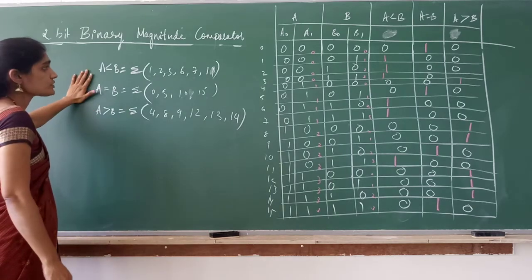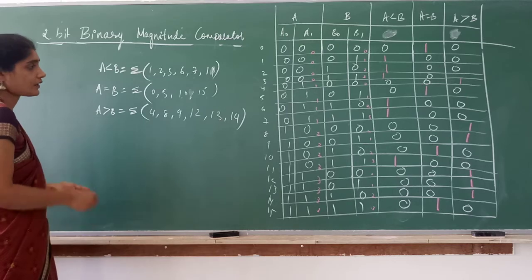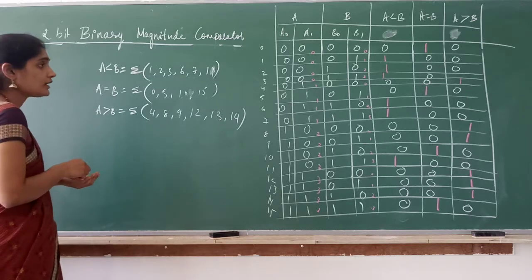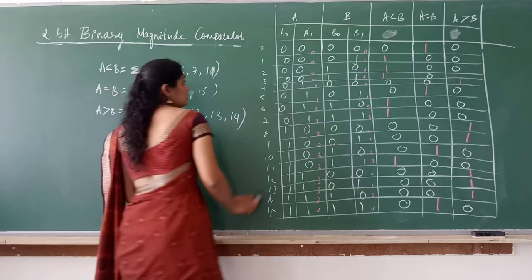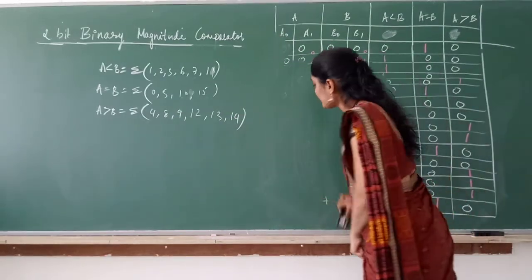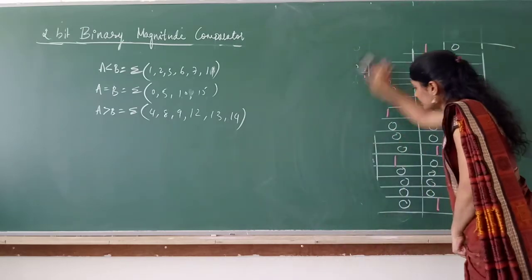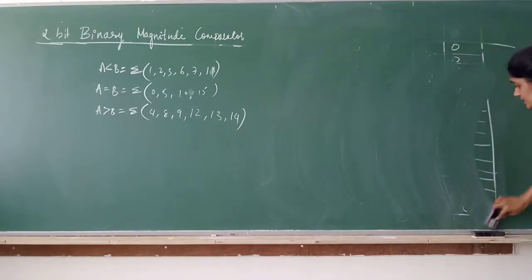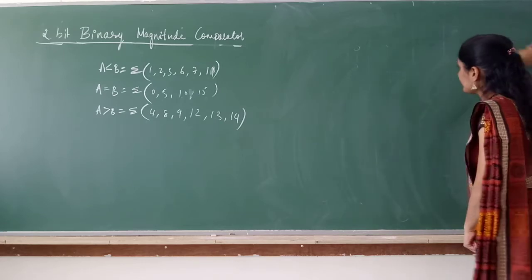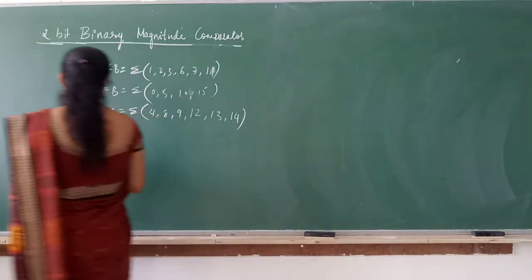So now we have to use K-map and simplify for A less than B, A equal to B and A greater than B. Okay. So let me erase this as I don't require the truth table now, as I have already written the min terms from the truth table. Now let us simplify for the three output variables, A less than B, A equal to B and A greater than B. Okay. So now let us simplify for A less than B.